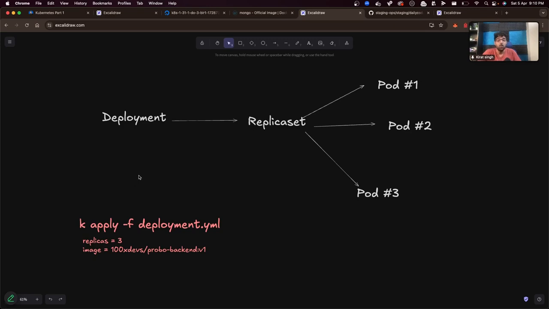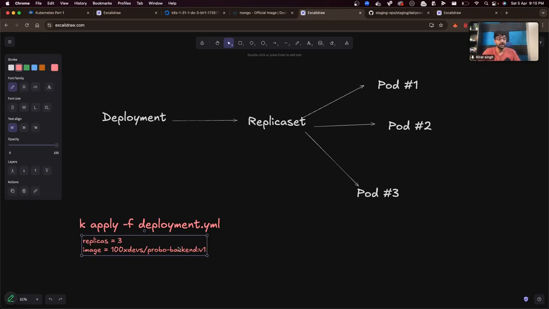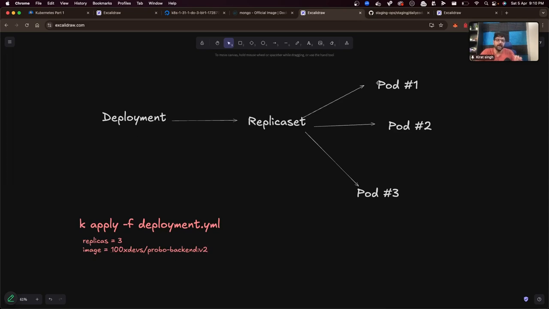Question is, what happens when an update comes? What happens if now we want to make a new release? If we want to change the image that is being deployed. अब हमने एक नई डॉकर इमेज बना दी with our fresh code which has 10 different features. When I reapply the deployment.yaml, when I change the image to be probo backend :v2, this is the Docker image